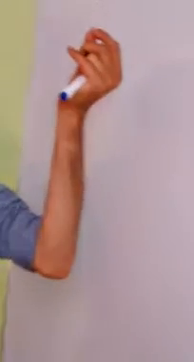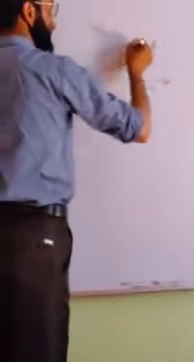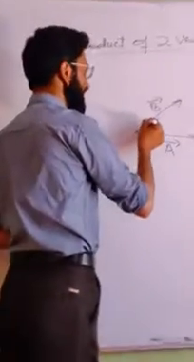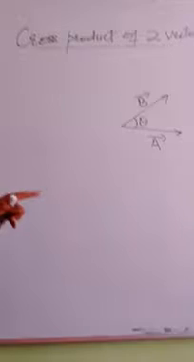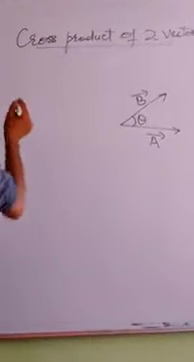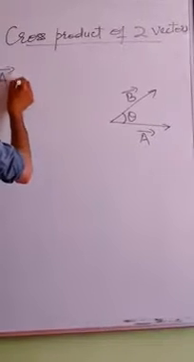Suppose we have two vectors A and B. Say this is vector A and this is vector B. Theta is the acute angle between these two vectors. Then the cross product of two vectors is defined as A cross B